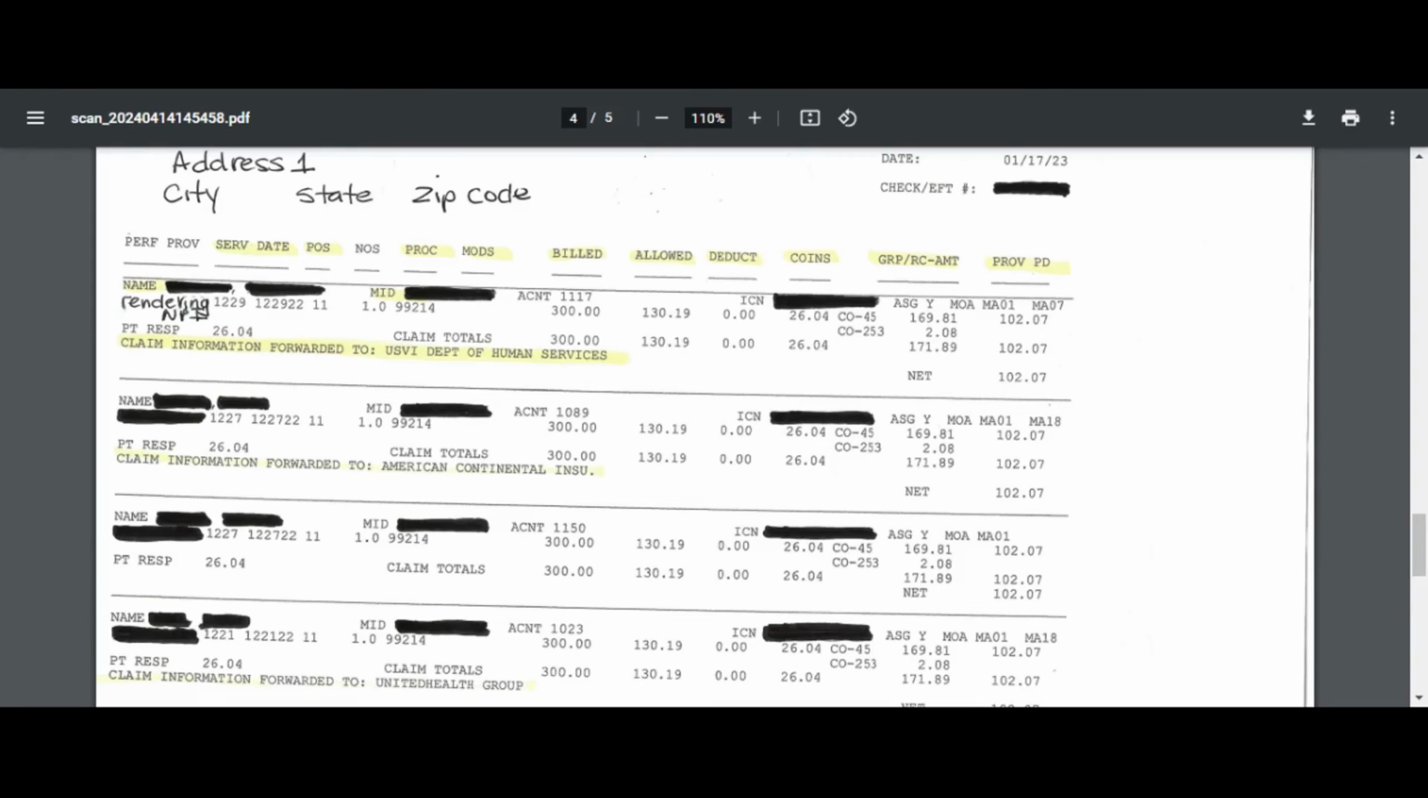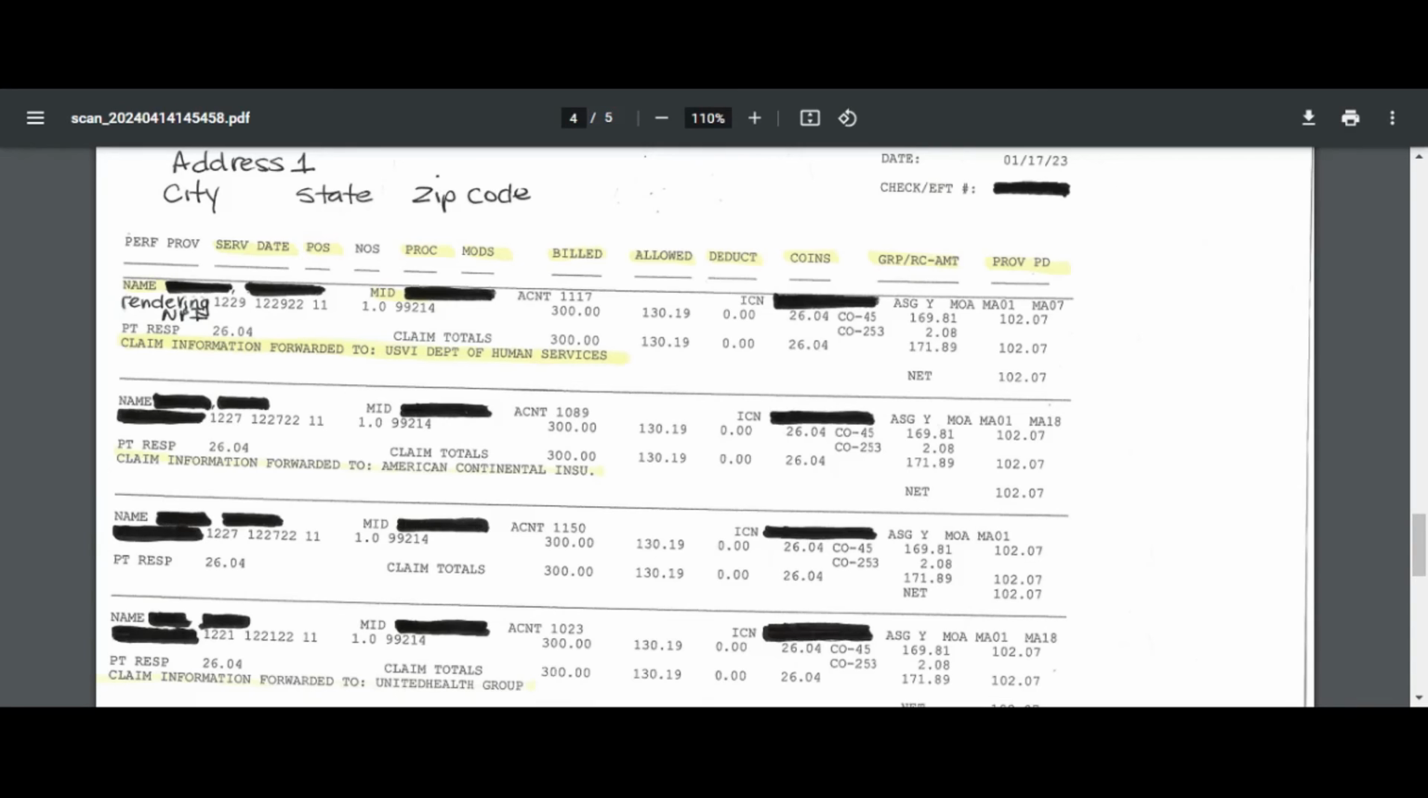And even sometimes they say they have done it, as in this situation, it says claim information forwarded to USVI Department of Human Services. You may check the USVI Department of Human Services and they never receive the claim. So you need to do your due diligence and make sure that they have received, or the secondary has received,